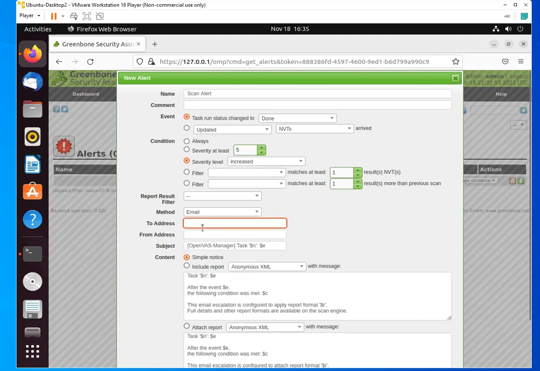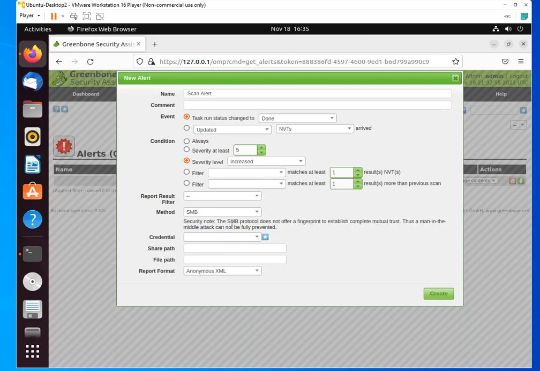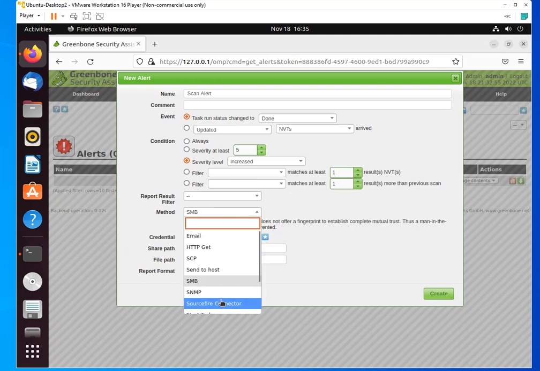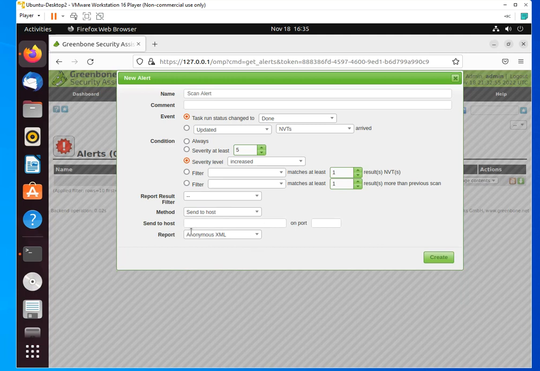Obviously, you have to configure this with your email address or an email address that is already configured to do this type of thing because, as you could remember, depending on the email solution that you have, it will not allow sending emails from other devices. It requires some configuration, but if you do SMB, let's see, what is it? You could do send to host, and you could specify the host you want to send it to,